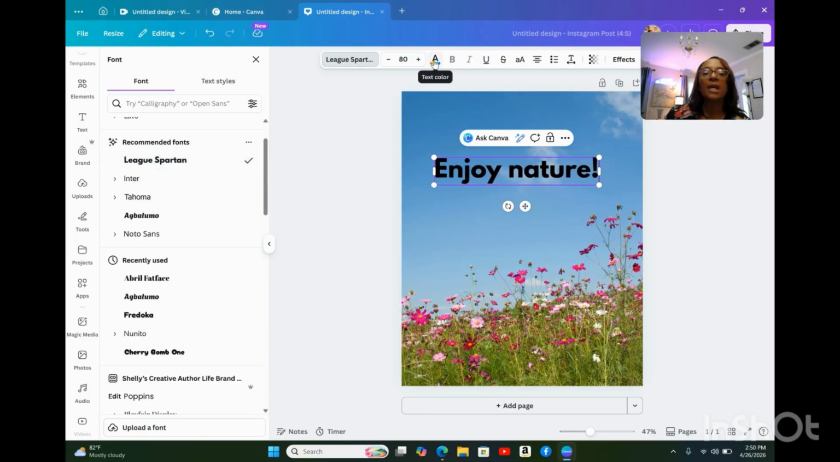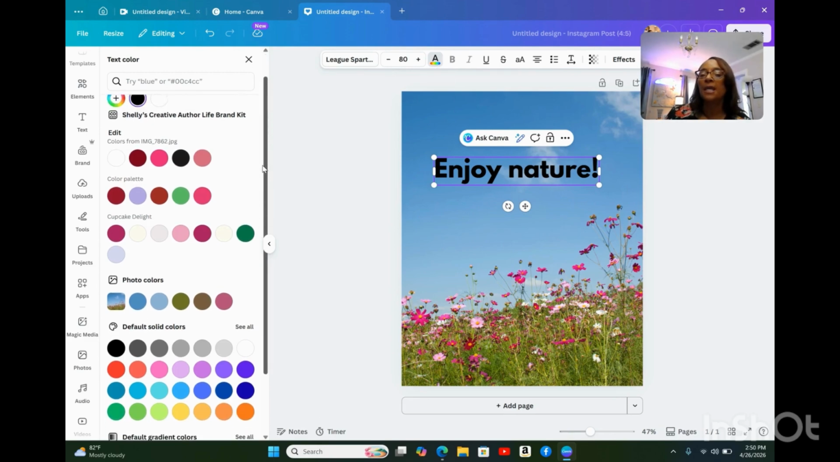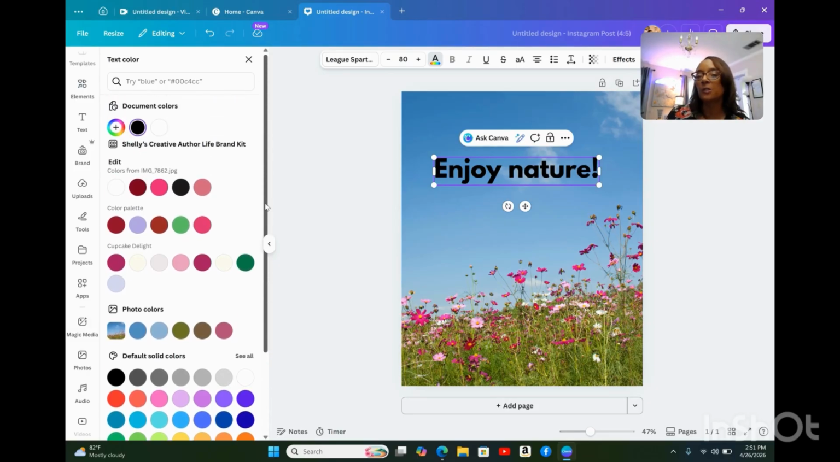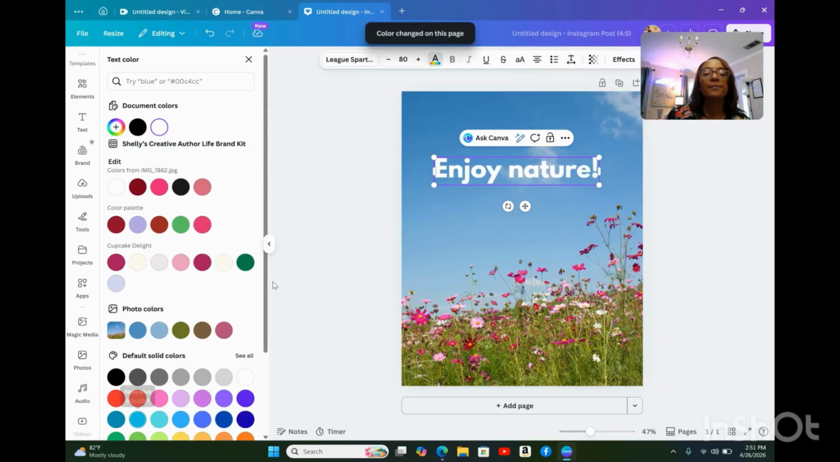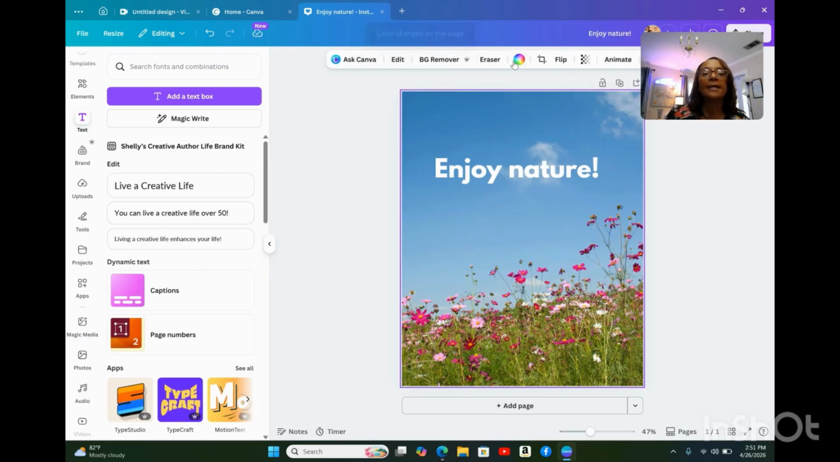So then I want to change the color. And when you click on the little A with the different color line underneath it, then all of your different colors come up. And you will see these are the colors that I use for my brand. And then you'll see photo colors and then just a lot of different other colors. But I want to see what white would look like. So let's see. So it's okay. So there's white. Let's look at